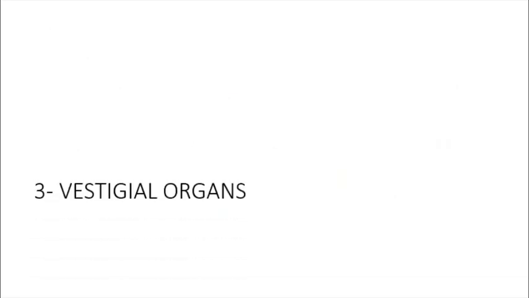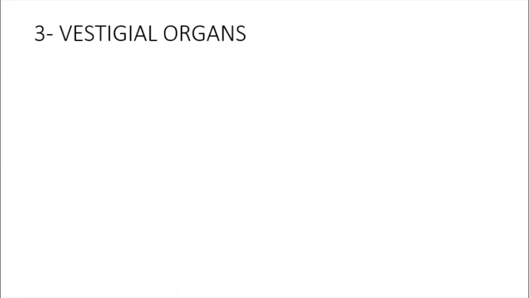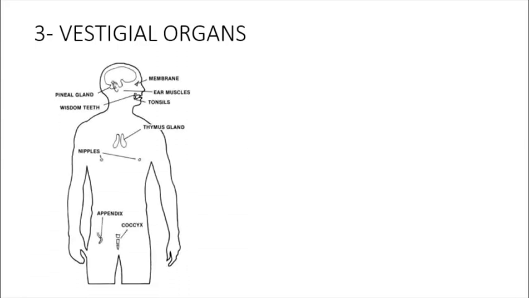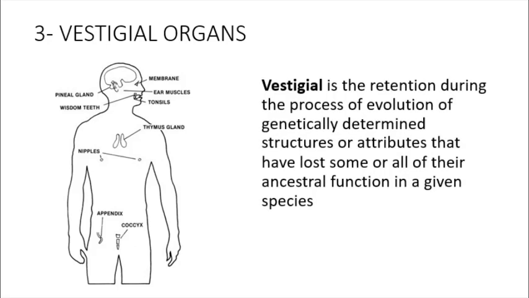Let us learn about the third evidence in evolution, that is vestigial organs. Have your wisdom teeth, or we say akal dad, given you any problem, or have you got goosebumps at the wrong time? These are some degenerated or underdeveloped, useless organs in animals and humans. They were useful to our ancestors, but they are no longer of use in our body. Such organs are called vestigial organs.